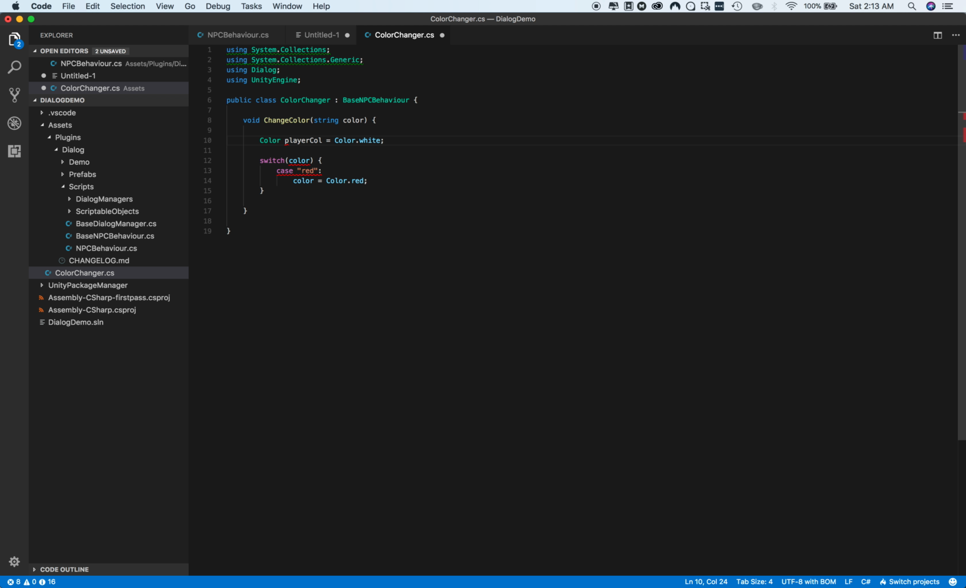Right, let's do one for red, green, yellow and blue. So green, yellow, and blue. Right, and we want to change the player to the color. Right, so